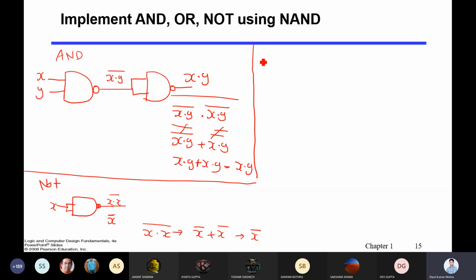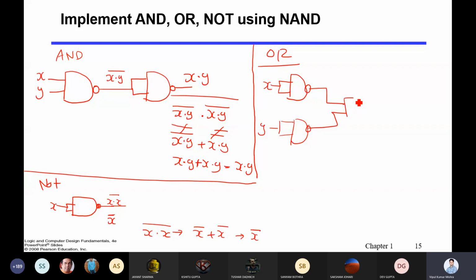Now I want to implement an OR gate. So how to implement it? Let me take X here and Y here, and then club both of them.